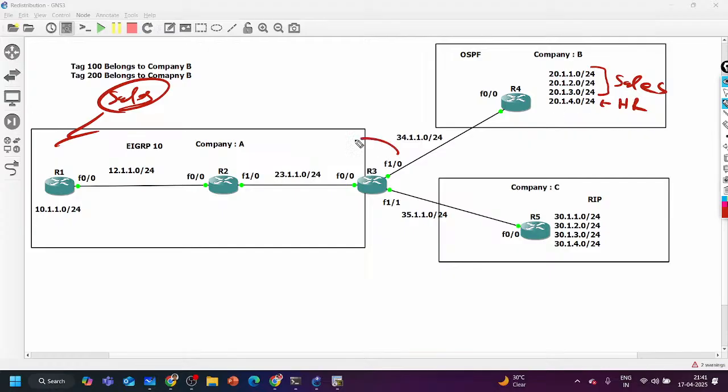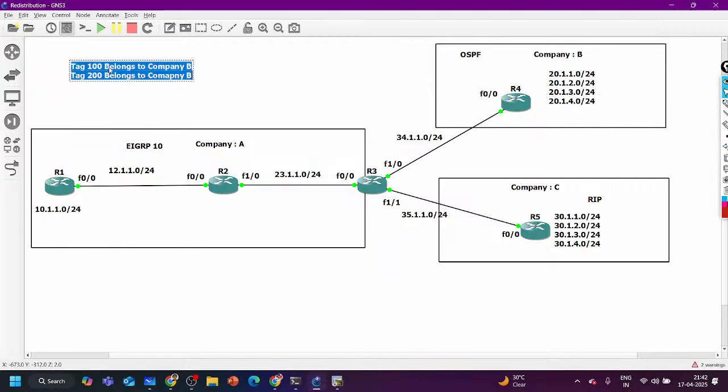So while redistribution, on router number 3, in the route map, we set what? Tag value. Now I can set the tag value, but before that we can match the prefix, right? If these are the prefixes, then set tag value, let's say 110. And if this is the subnet, then set tag value 120, right? Like you have this database, the tag 110 belongs to company B sales.